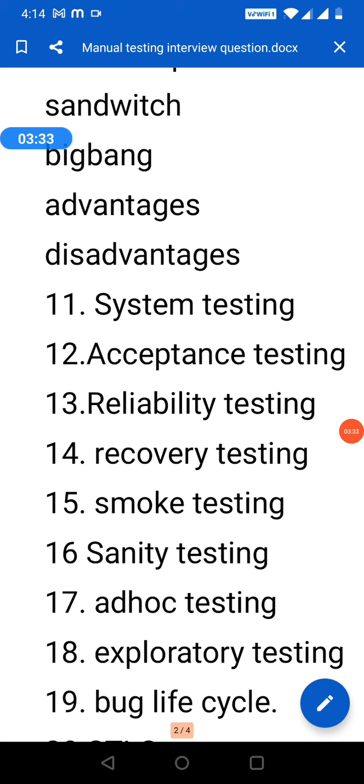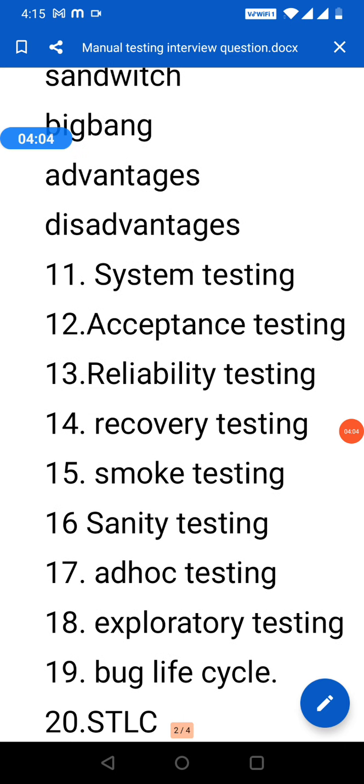And then non-incremental or big bang testing: adding all the modules in a single shot and trying to do the integration testing. When we don't know the child and parent modules, then we go with non-incremental integration testing. What are the disadvantages? We may miss some module. We may check the same module multiple times again and again. If we find any defects, it is very difficult to analyze the root cause of the defect.